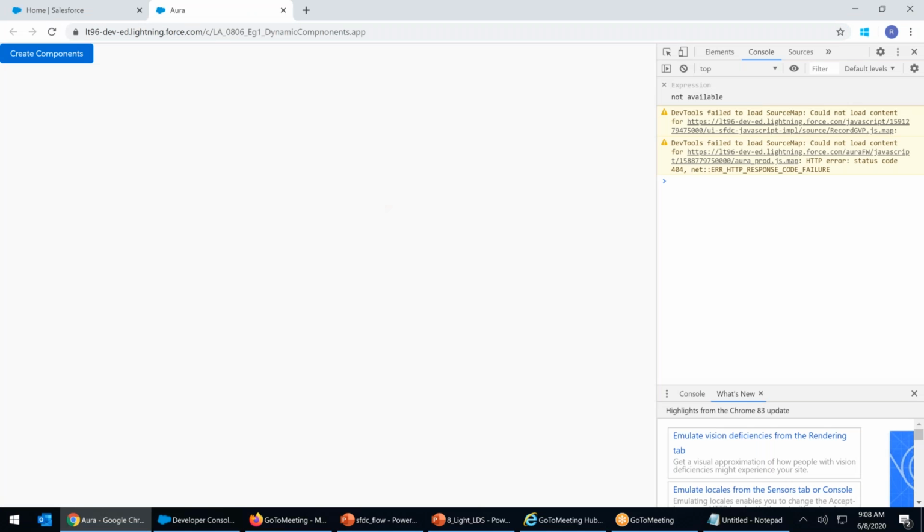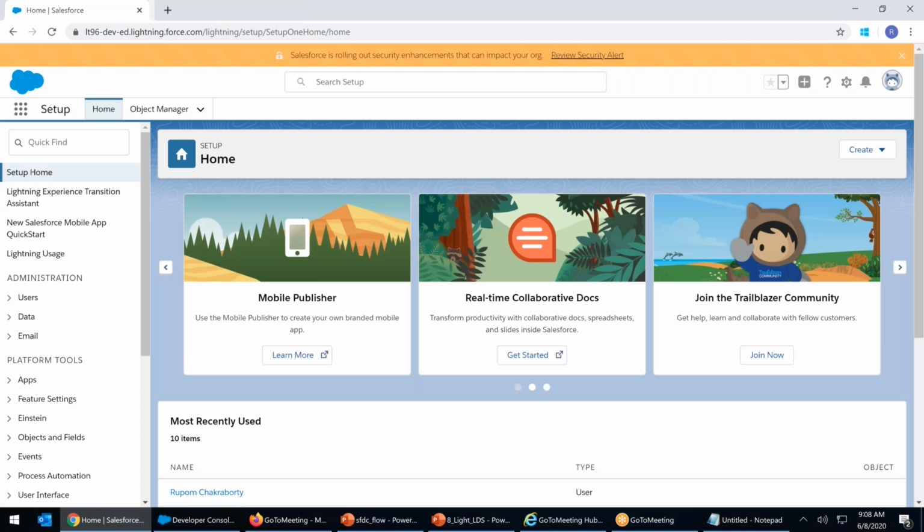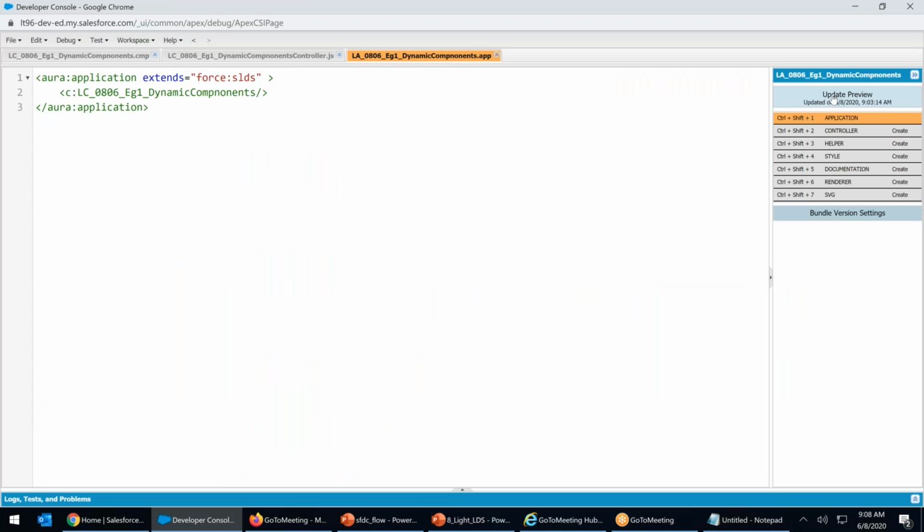It requires brackets, because they are an array. Array has to be, see, create component. Wait, what happened? Let's see, loading. Close it, create components. Not coming up. Dynamic, once again, let us go ahead, update preview. We'll get it, don't worry. It takes a little time. Maybe we might have made some mistake.